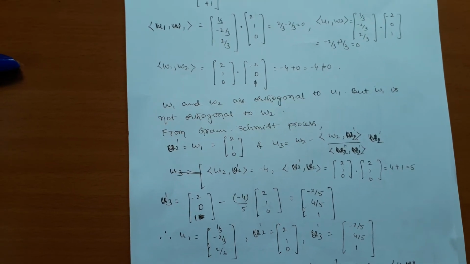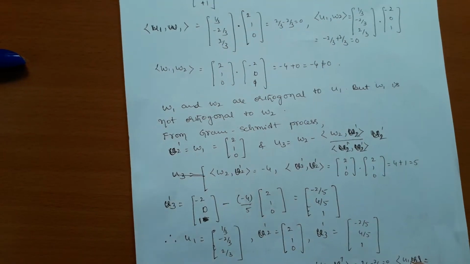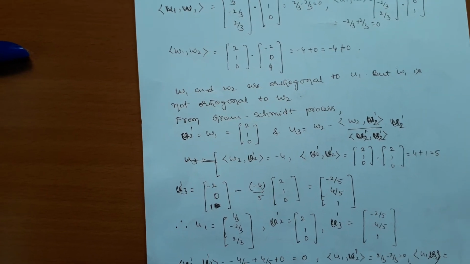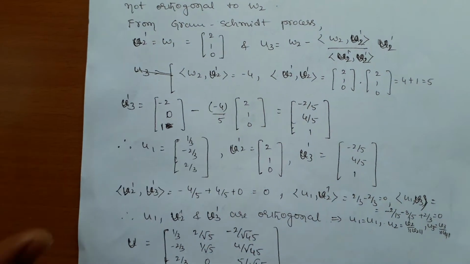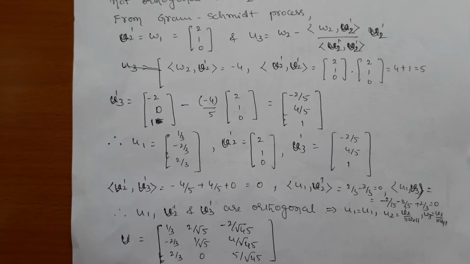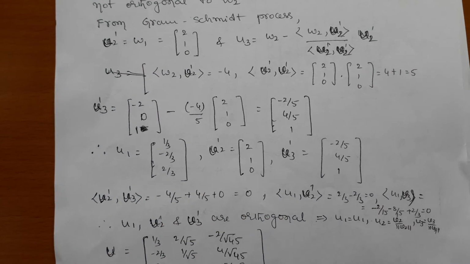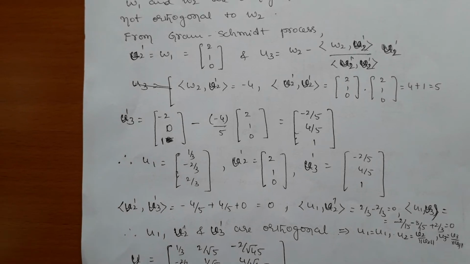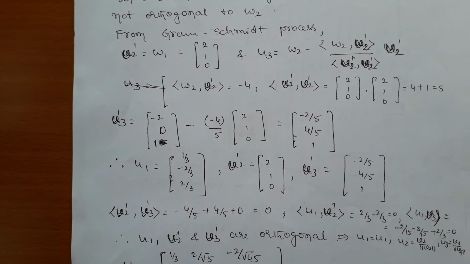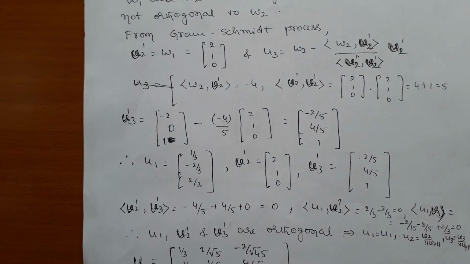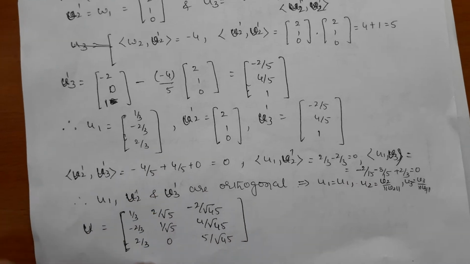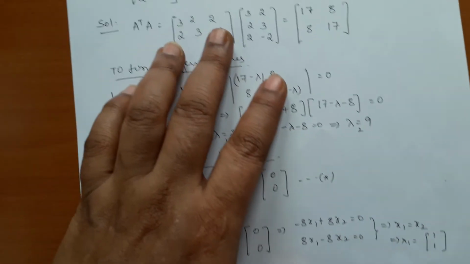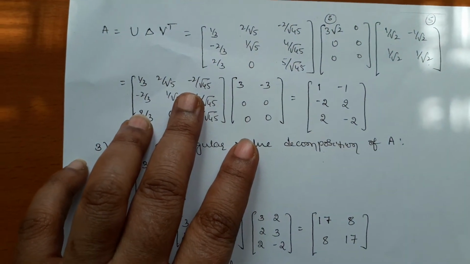Now using the Gram-Schmidt process to convert w1, w2 into orthogonal vectors, I then took v2 prime and v3 prime. And then you have to normalize, but while taking u1, u2, u3, keep in mind u1 is already normalized, AV1 by sigma 1, but v2 prime and v3 prime are not normalized. We take w1, w2 from u1, and since they are not orthogonal, use Gram-Schmidt to convert them into orthogonal vectors, and then you have to normalize v2 prime and v3 prime. That we are going to write in u. That is very, very important. After writing u, you multiply u delta v transpose, and definitely we get A. Please take care of this.